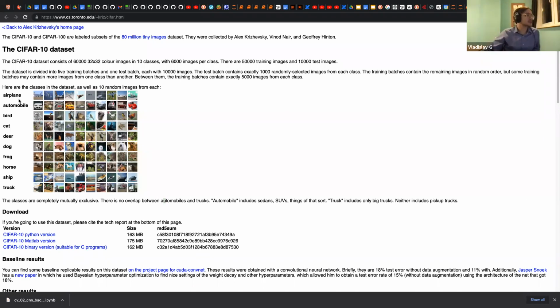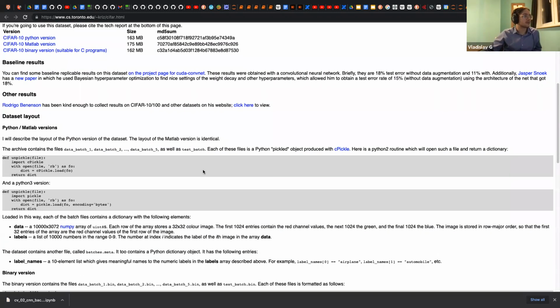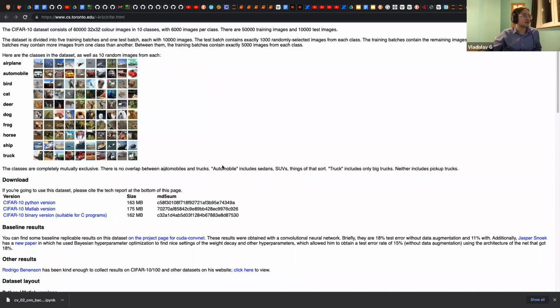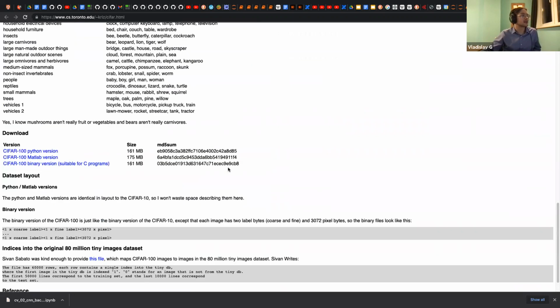So the dataset consists of 10 classes that you see here. We will see more about them in our notebook, but the thing to notice here is a very simple old site.